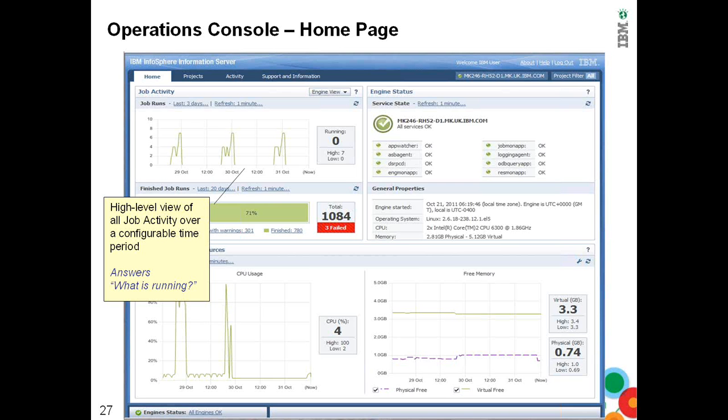You can actually set the refresh frequency of when you want this information to be refreshed on operational metadata. You can look at the information about your finished job runs, how many were successful, how many failed with warnings. So highlight the failed jobs. Then on the right palette, you could see that it is actually showing the engine status. And also showing you the daemon processes and their status, which you can again configure. So you can actually see ASB agent and DSRPC and all those processes showing status in terms of how they're running and whether they're okay or not.